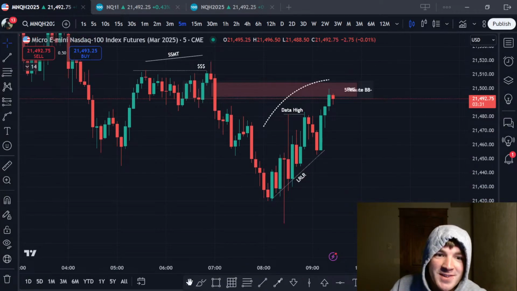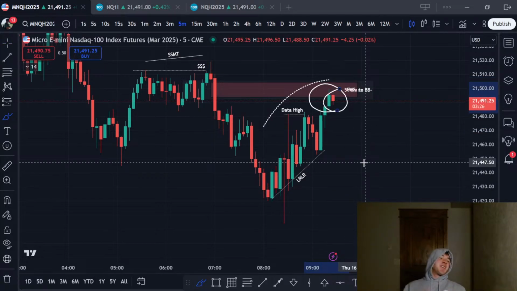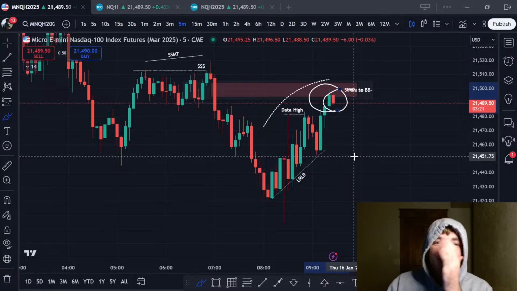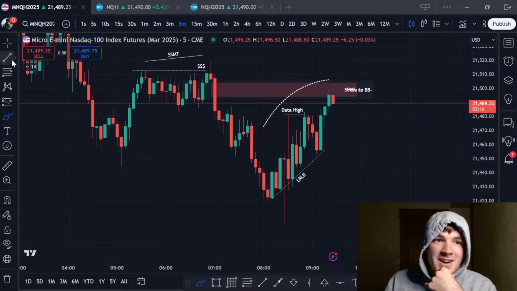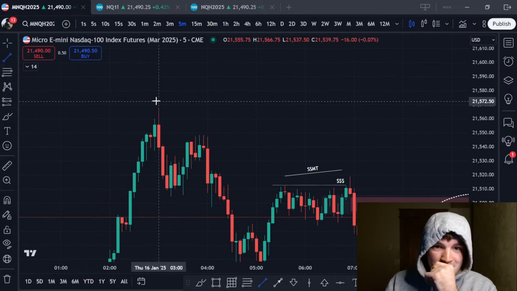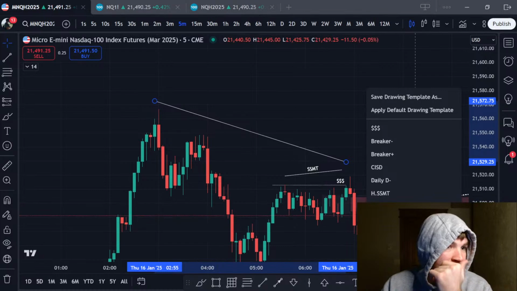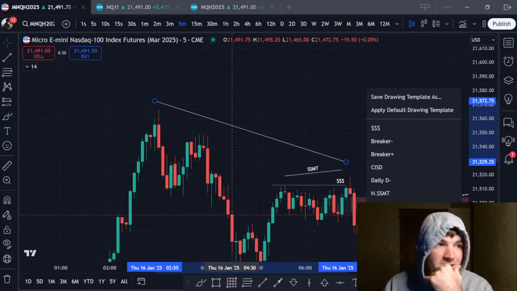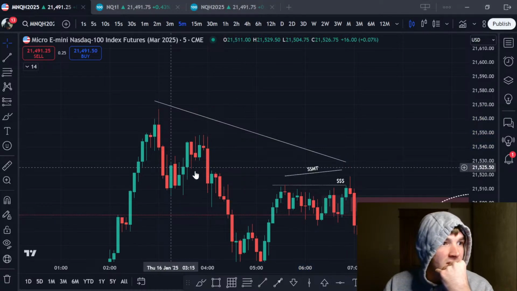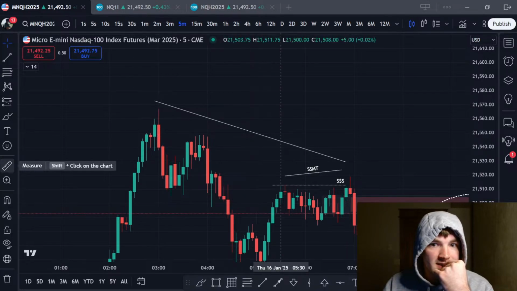Low key, if you're feeling super risky, just turtle soup short this. But no, dude, don't do that. Someone's gonna actually do that. Please don't do that. But this SMT is really, really nice, and we got the higher time frame SMTs as well, like the SMT with YM here. I believe that's where it is, right? Someone can verify for me. Someone check. Is there SMT with YM right there? Yeah, there's SMT with YM here.